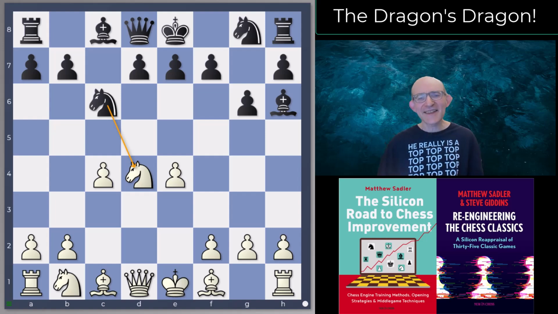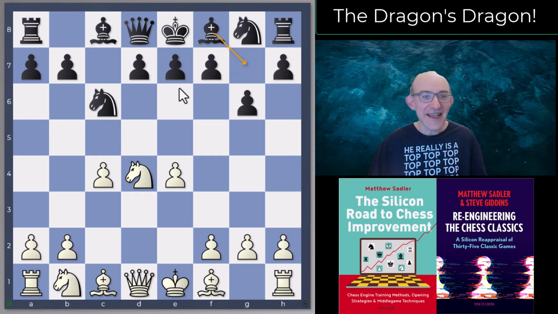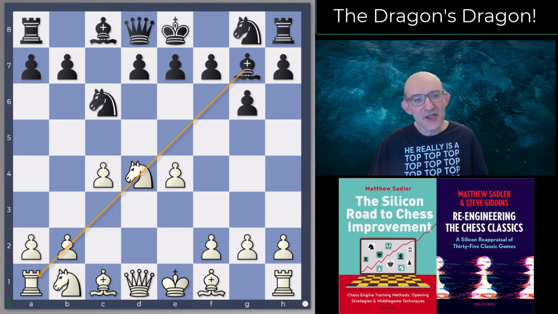And it's, in some ways, a very strange move. I mean, you're really flattening out black's dynamism here by exchanging off the dark squared bishops. After all, even in an accelerated Dragon, the dark squared bishop, that's your guy. That's the guy that's going to give you counterplay by cutting across the white position and hitting the white queen